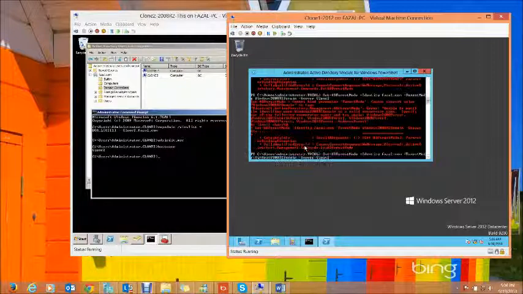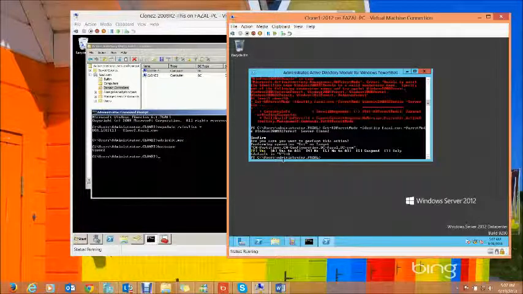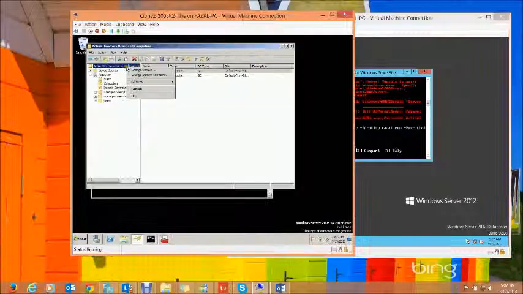I'm sure I'm making an error somewhere. Let me do it again. Set-ADForestMode, minus Identity puzzle.com, minus ForestMode is Windows 2008 R2, and this should not be domain, this should be R2 forest. As soon as I press enter, the commandlet runs successfully and I'm all good to go. So what we have done right now is upgrade the domain and forest functional level, which we can also verify